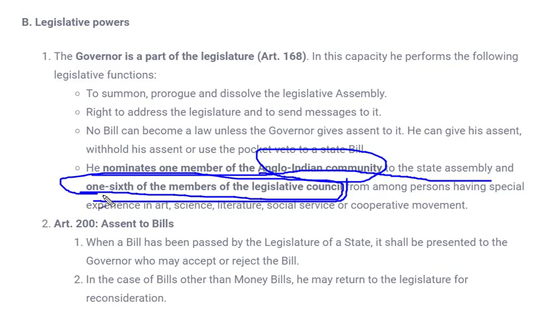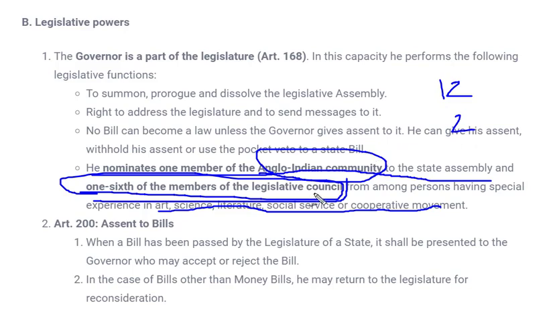And what kind of nomination is done, as we have seen in the case of the union executive or union government, is that some special persons from the fields of art, science, literature, social service and the cooperative movement are given nomination. Or if the governor at state level or the president at central level thinks that they have not got proper representation, then people of those categories can be given representation or nomination in the legislative houses, and at the central level these are Rajya Sabha and Lok Sabha.